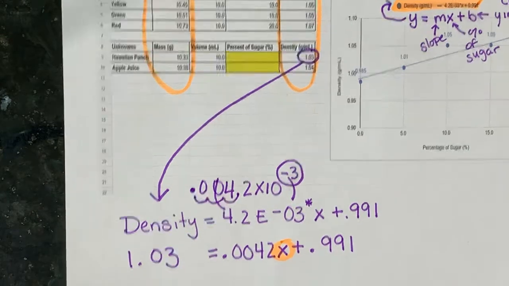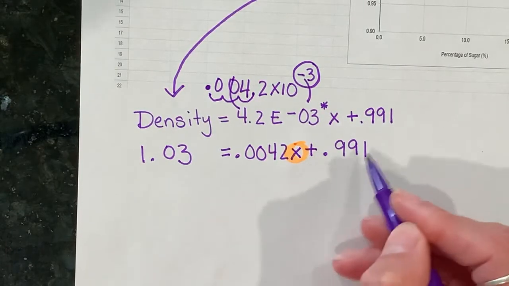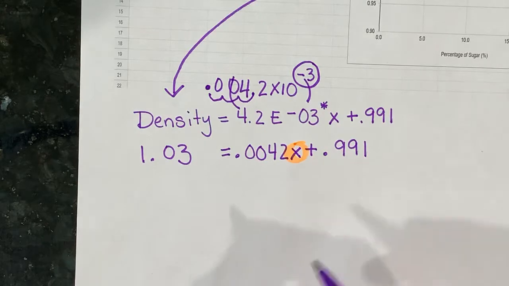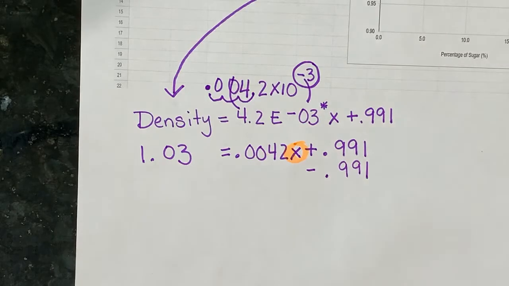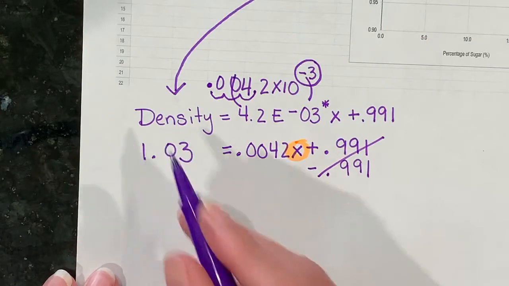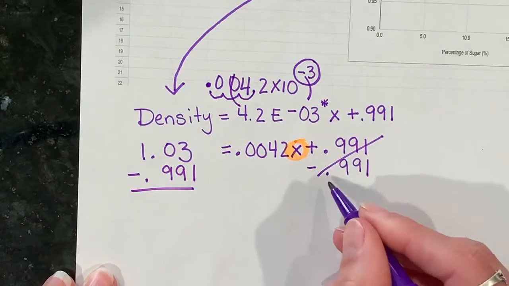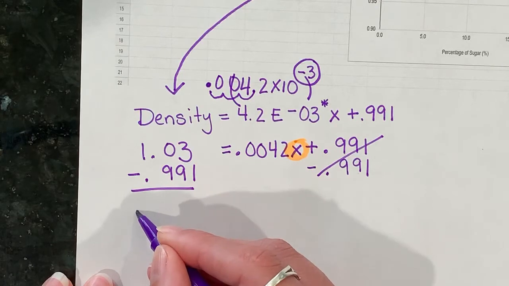Okay? At this point, it's just a simple algebra problem where I'm solving for x. So the first thing I need to do to get x by itself is I need to get rid of this value here. Right now I'm adding. The opposite of adding is subtracting. Whatever I do to one side, I have to do to the other. So when I plug this into my calculator tells me that this is